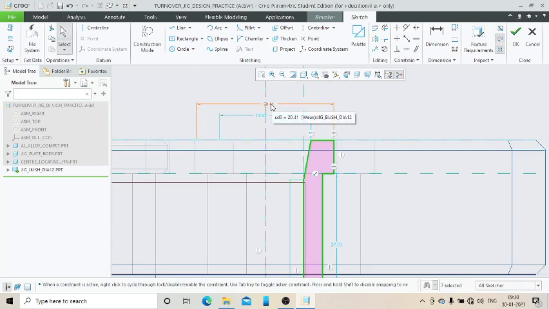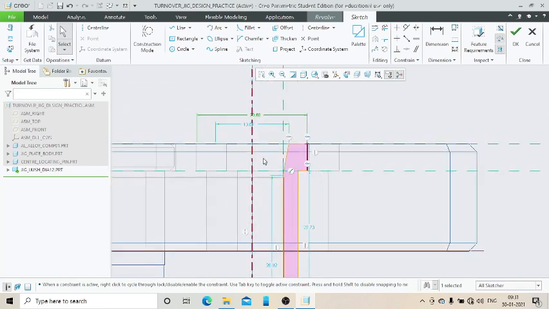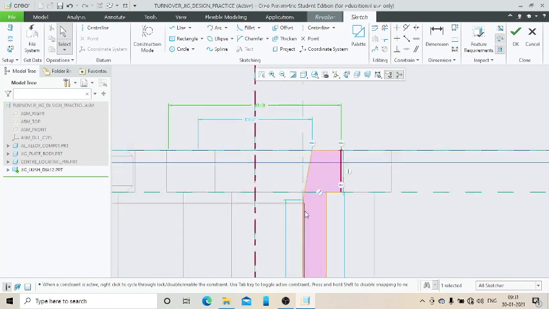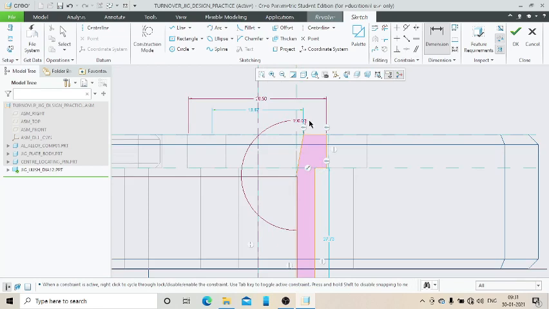So this 17 plus 4 is 21, so this we will make 20.5, and this here I think we will give some angle like 10-degree angle we can give. 190, 190, and this we will give 14,